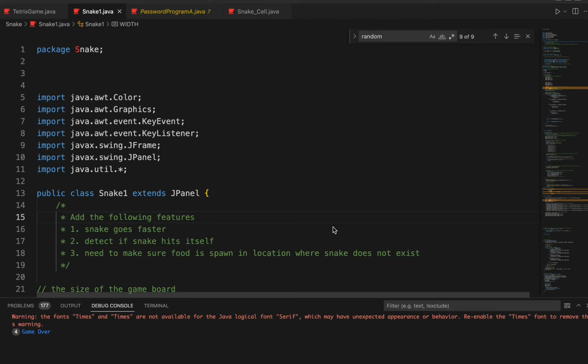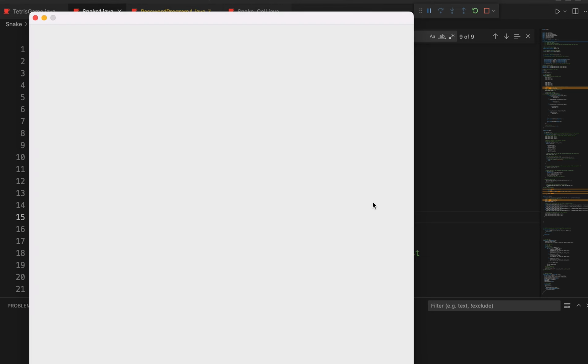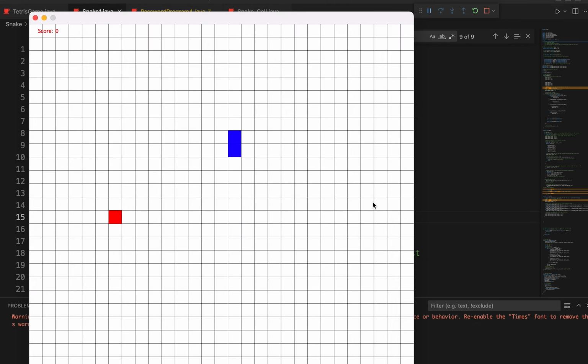Hello everyone. So in this video I'm going to show you how to make the game of Snake. Here's an example, and it starts off with two pieces, two cells I guess you call it. Then every time you eat your food you grow by one cell,